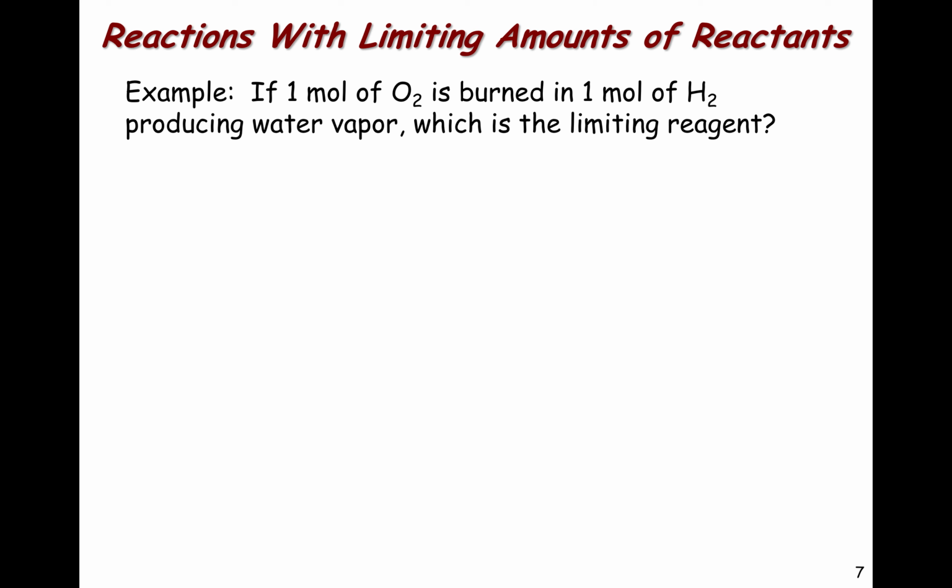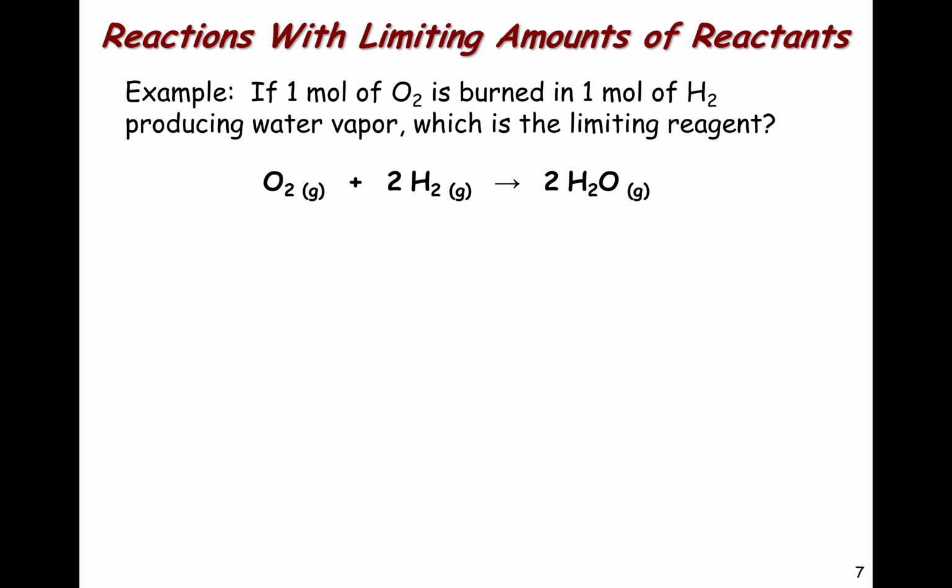As a further example of how to determine the limiting reagent, in this question, if we have 1 mole of elemental oxygen, O2, and it's burned in combination with 1 mole of H2, we can ask ourselves which one of these 2 reactants is going to be the limiting reagent. So, first of all, we need a balanced chemical reaction, so the ratio between the elemental oxygen and the elemental hydrogen is 1 to 2, and that will then produce 2